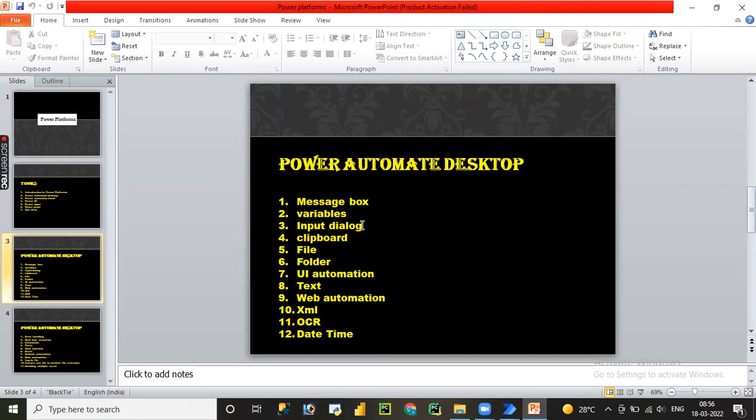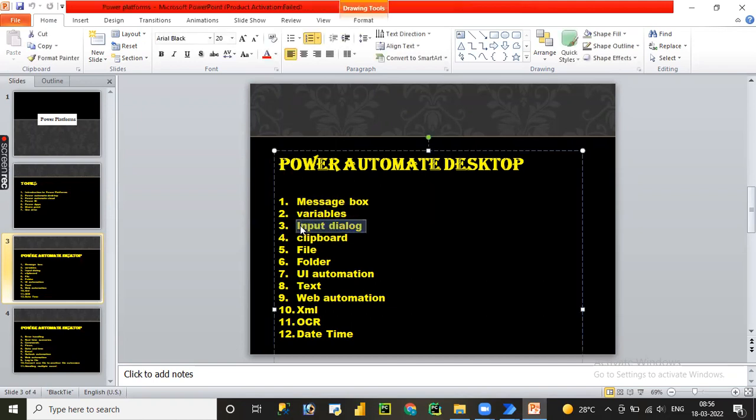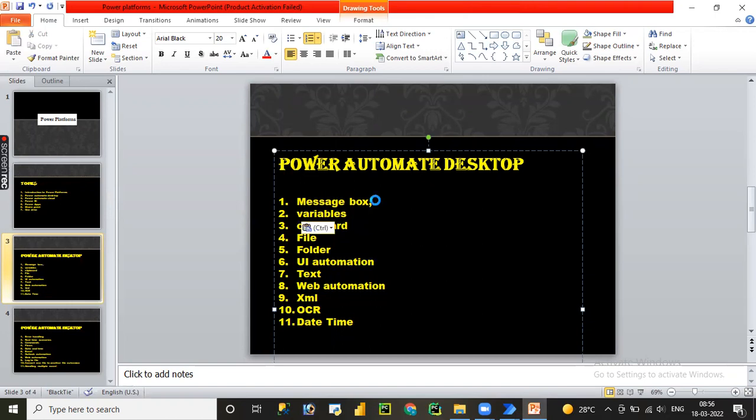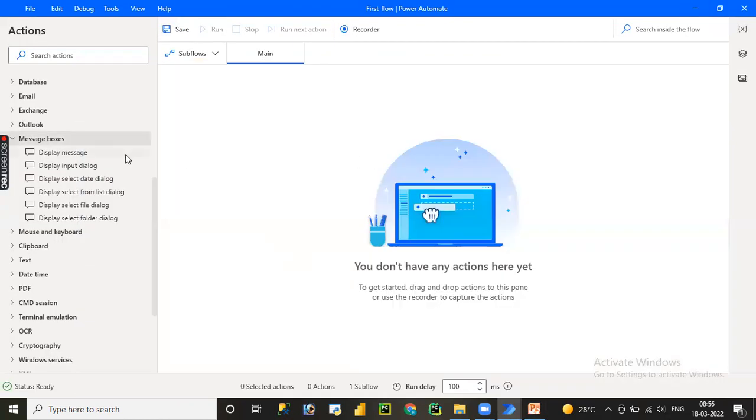So UI input dialog and message box are both in the same package. So let me paste it over here. Okay. So let's get started. So now how can we utilize the message box? Let me drag and drop message box